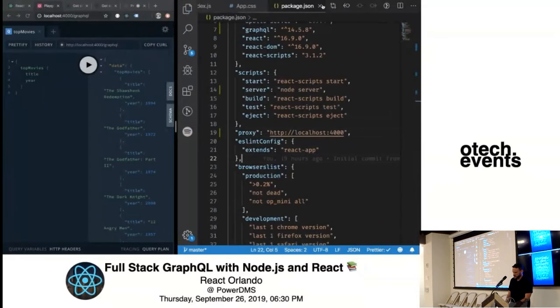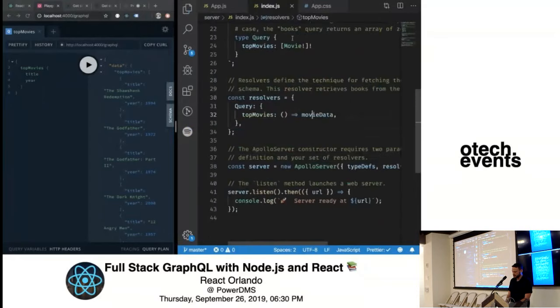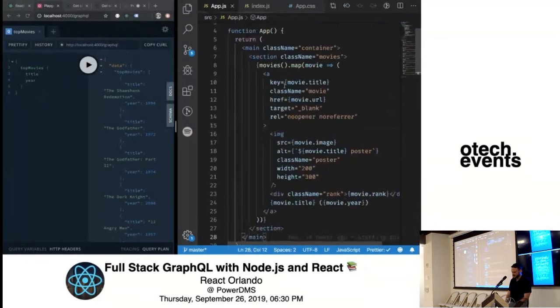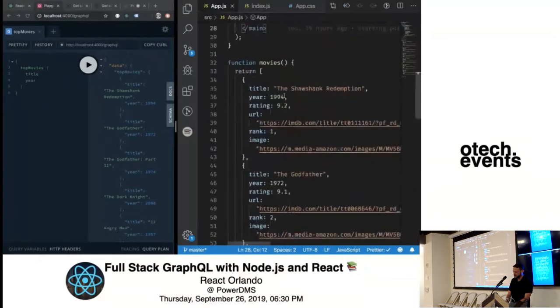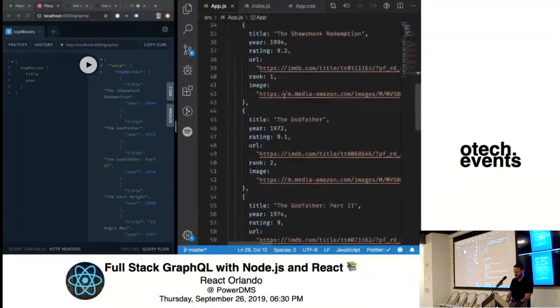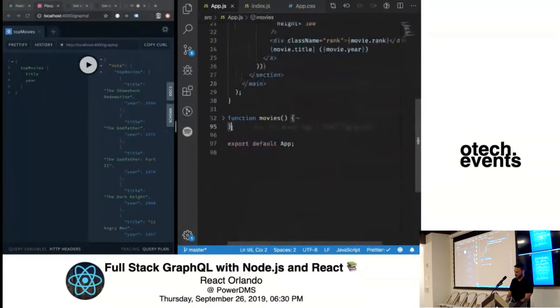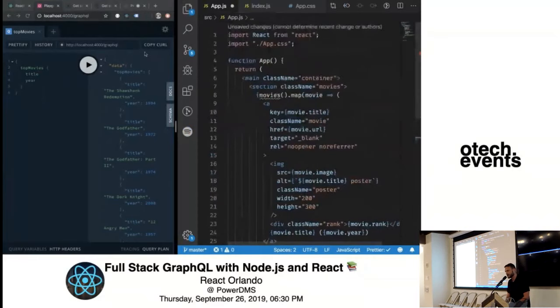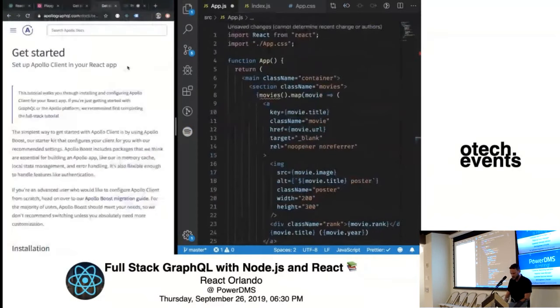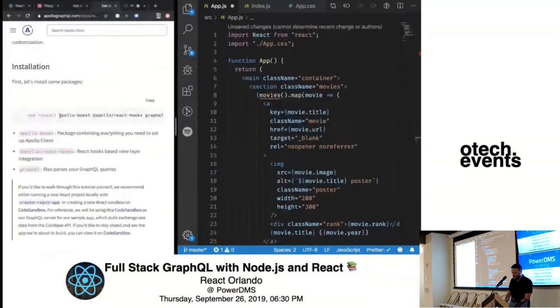Okay, so that's good. So we'll go over to app.js. I've got this movies, just this hard-coded list of movies. We want to get rid of this. We want to do something more fun. So I'm going to go back to the Apollo docs and copy and paste some more stuff. Now we need to set up the client.